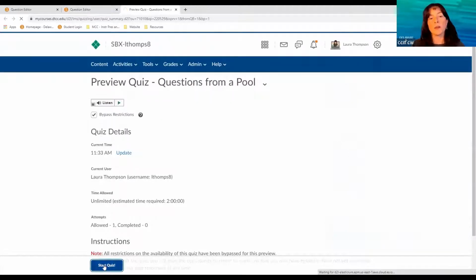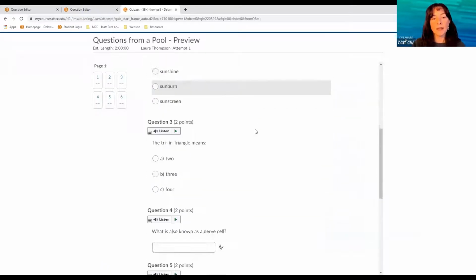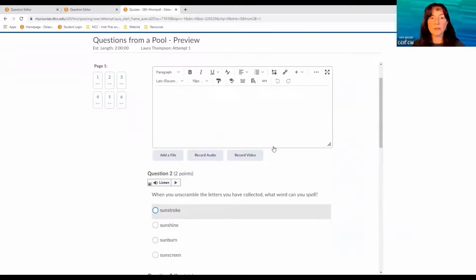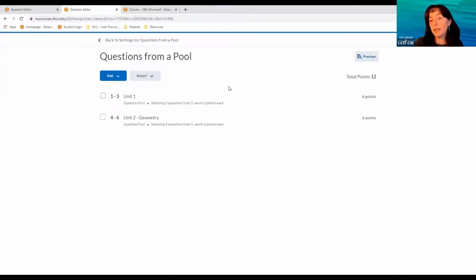So we're going to go into start the quiz. And I don't see the pool labels. So that's just for the instructor's purposes. Thank you. No problem. There are opportunities, though, when you're creating a section, that when you create your new section,